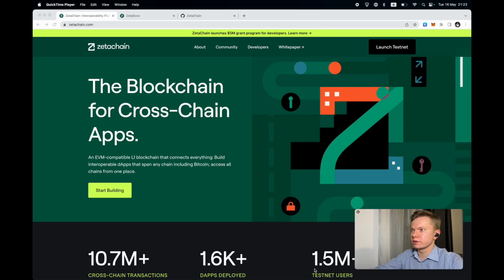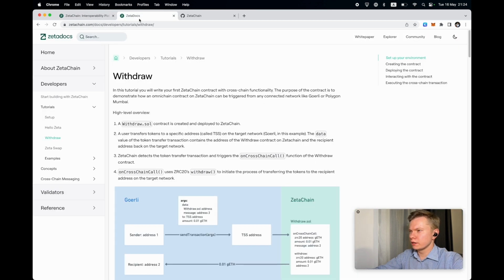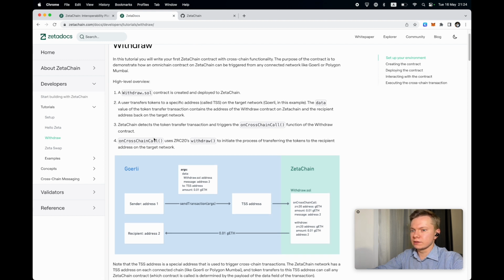I'm head of developer experience at ZetaChain, and in this workshop, we're going to be building a new Omnichain contract called Withdraw. It's going to be a tutorial on how to build Omnichain contracts and deploy them on ZetaChain. So let's go. If you want to follow along, open ZetaChain documentation, go to the Withdraw tutorial, and the